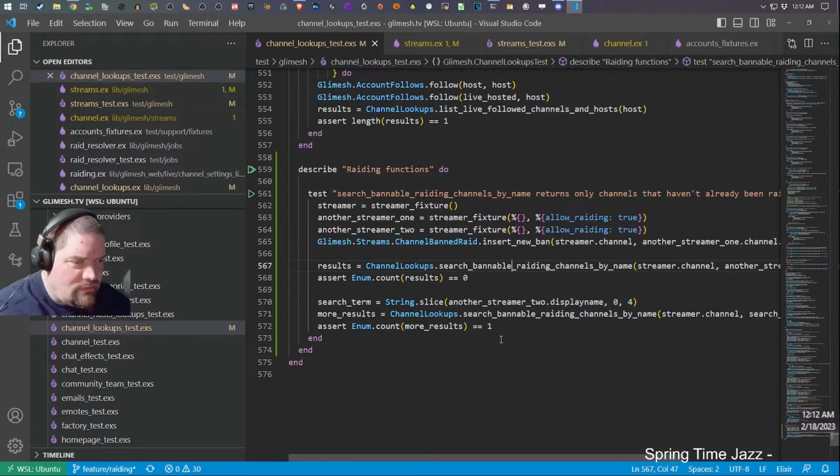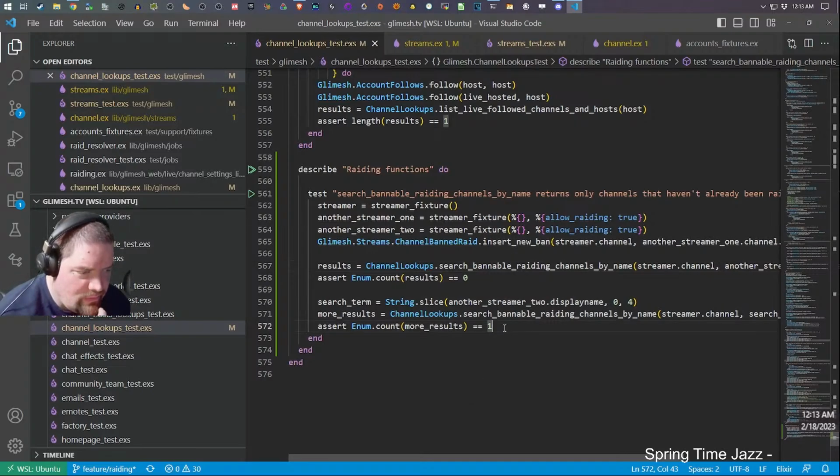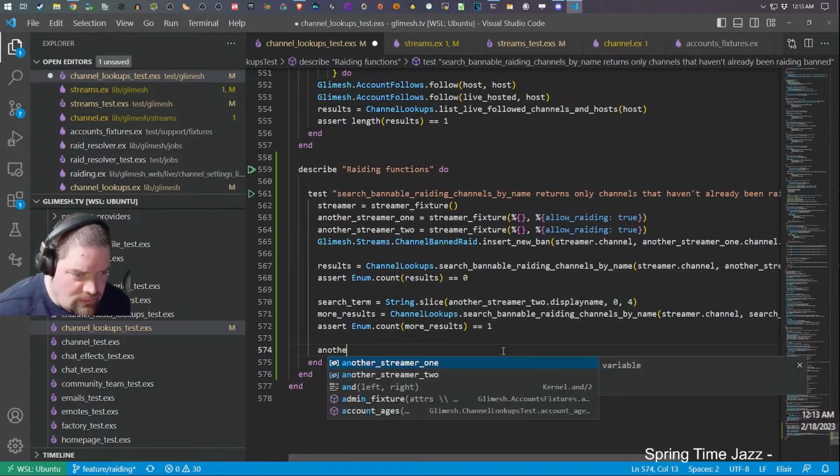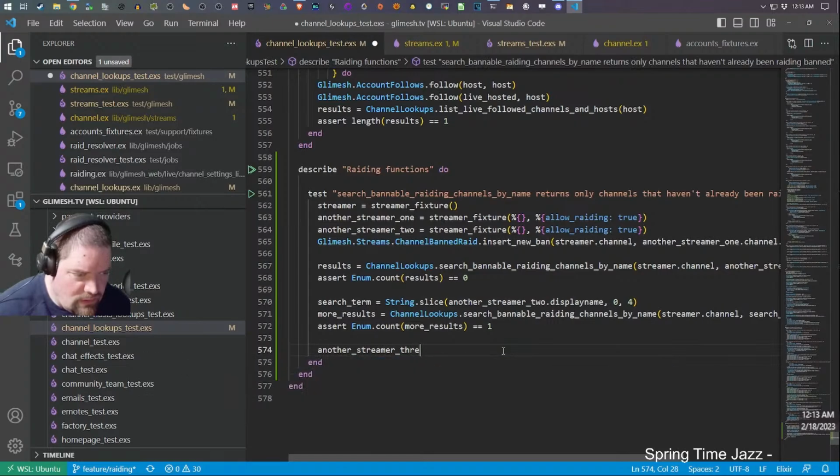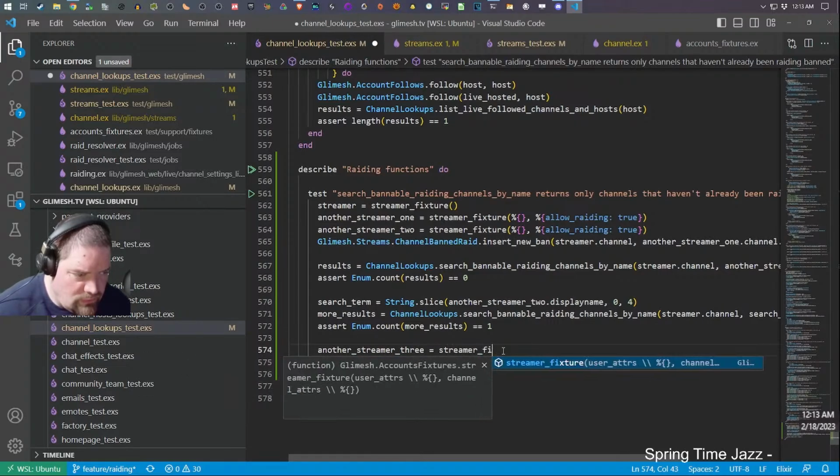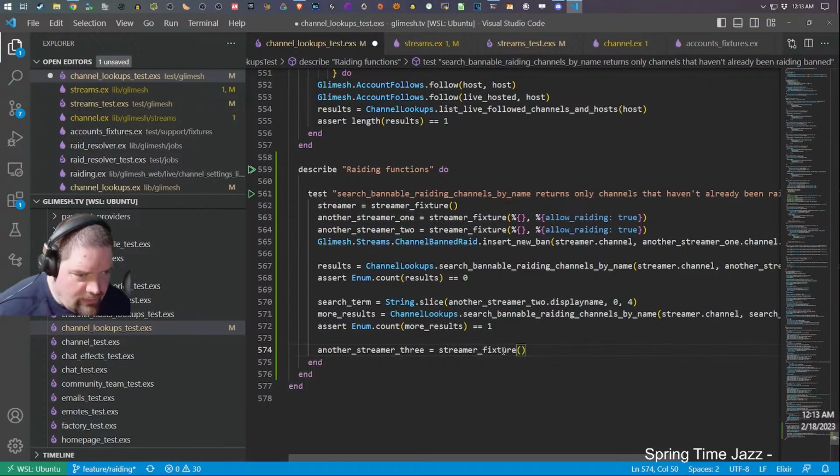Only returns channels that haven't already been rating banned. And actually, it should bring back channels regardless of whether they allow rating. What I can do is say another streamer 3. Streamer fixture like that, and then say even more results